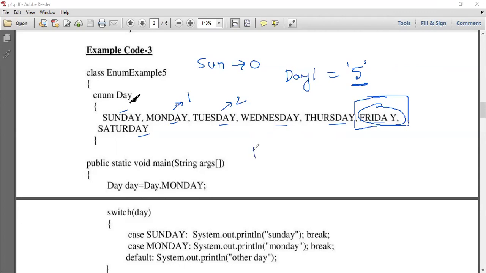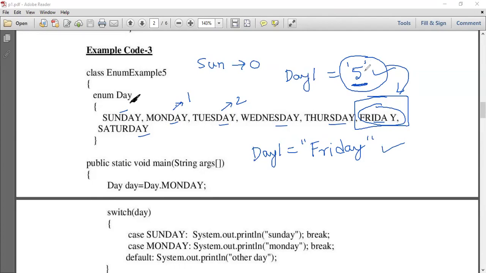Or another way would be to declare this day as a string with this particular value. So the two ways we would have accomplished it: either we would declare it as an integer with value 5, or we would have declared it as a string. But the problem with these two approaches is, if we have an integer value like this, then manually we have to convert it.